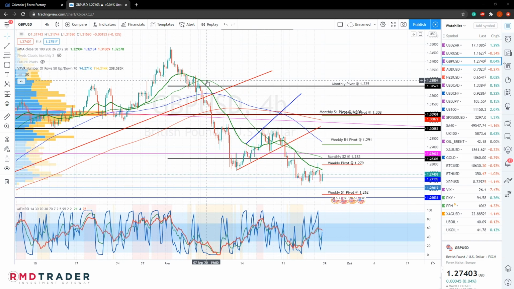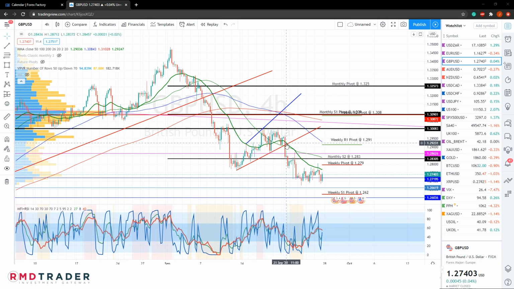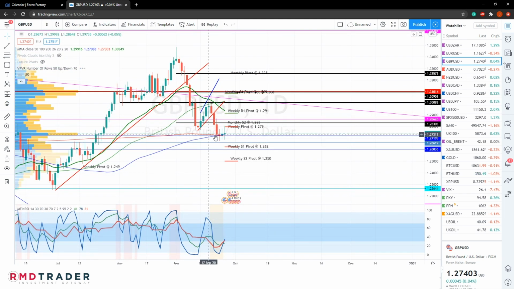And we are now looking at the GBPUSD. Last week saw a break below this lower diagonal, leading price to our target at 1.272, where it made strong support from both the 100 as well as the 200 daily moving averages. So we are currently in the 4-hour time frame, but if we were to move to the daily time frame, we will see that we met up with this 200 as well as this 100 SMAs,